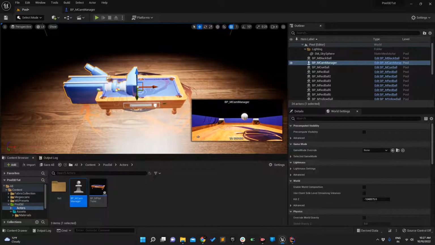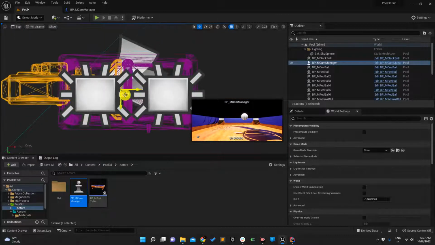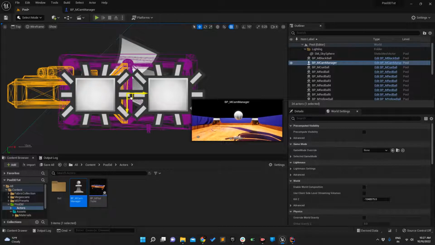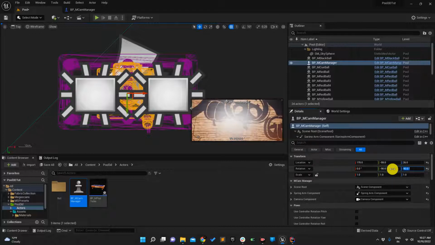Let me drag and drop it above the table. By default, what do we want? I want it to be at the top. So I will go into the top view, and we'll see if it is in the middle or not. So it is in the middle. Next thing which I want, I will set the rotation to it. By default, let's imagine -90 and 90. So what it will do,